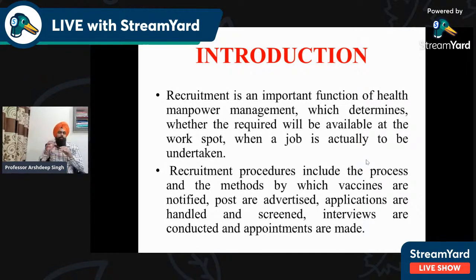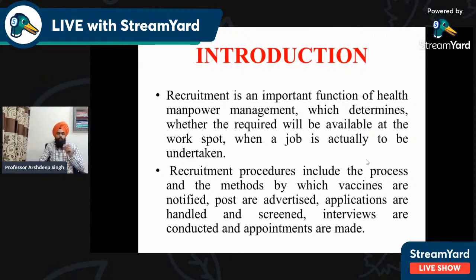So the filling up of seats or appointing new members or new employees for an organization or any type of institute, for example, a nursing institute, any other institute, or a university, that process, that means the hiring or appointing of new employees for a certain specified job, is known as the recruitment process. Okay, so recruitment is an important function of health manpower management, which